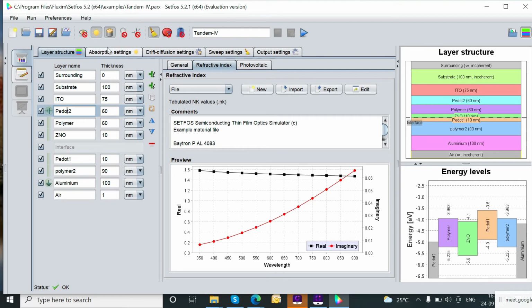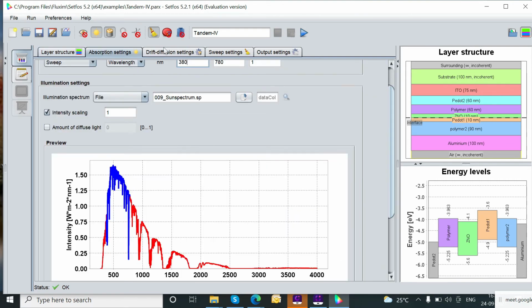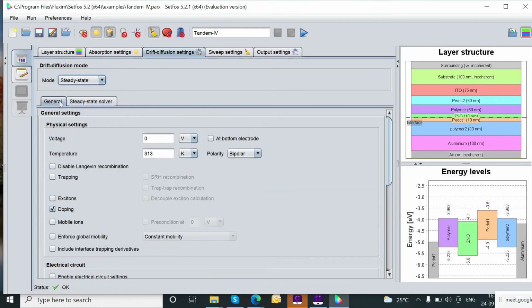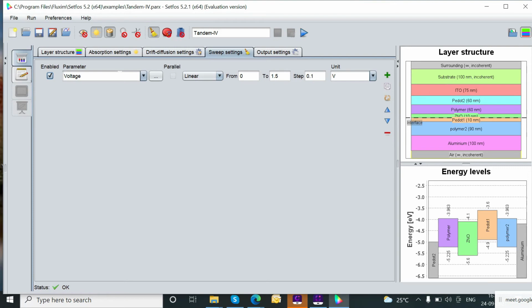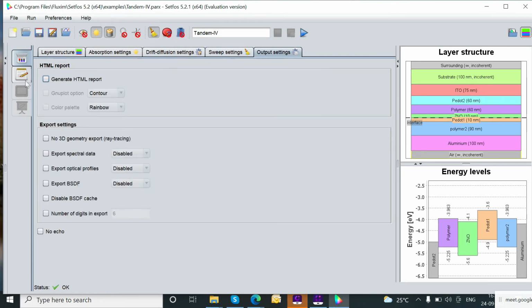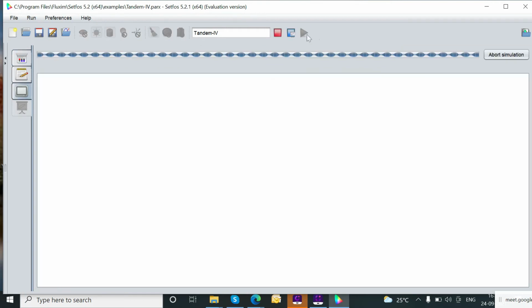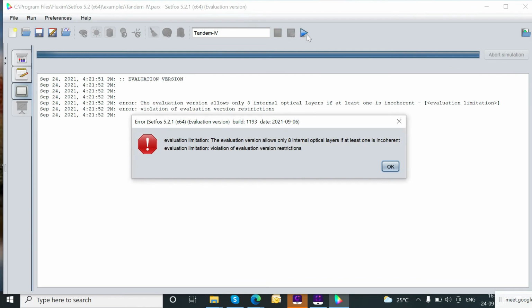This is P dot, polymer, ZnO, and an interface between ZnO and P dots, where hopping is enabled, electrical field barrier lowering. And if you want to activate trap-assisted recombination, you can enable it and define the parameters for trap analysis.